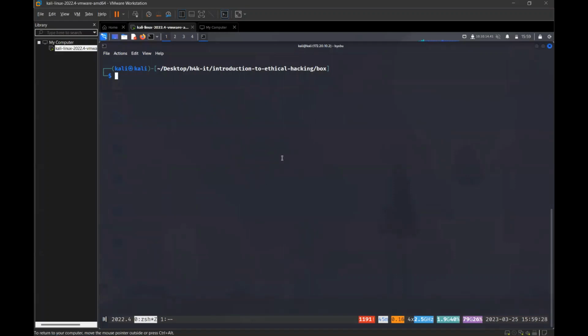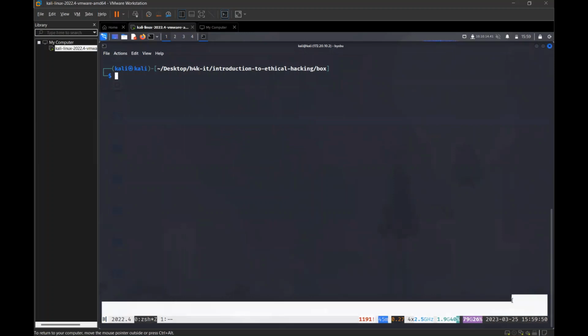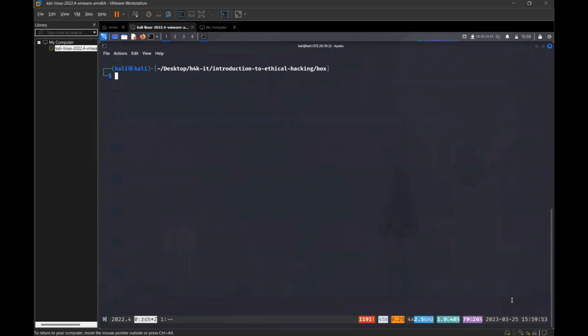Okay, so proceeding, I'm going to be demonstrating a certain box named Meow from Hack The Box. I'm going to demonstrate how you can use Nmap to look for certain ports which are available. This is the first step, which is recon, and then we're going to move into the second step, which is scanning, which is part of recon as well. And from there, we will move into gaining access, then maintaining access. So first of all, I have the IP, which is